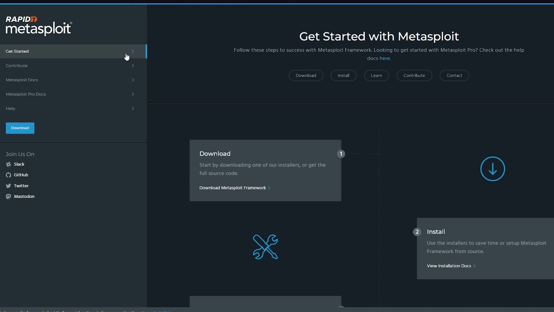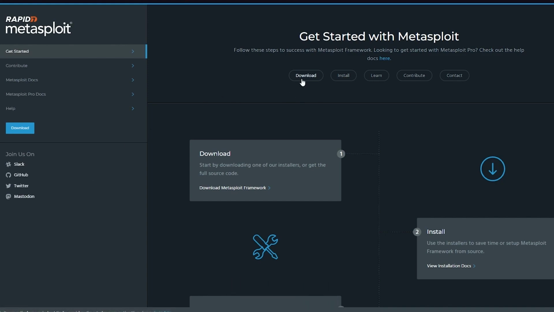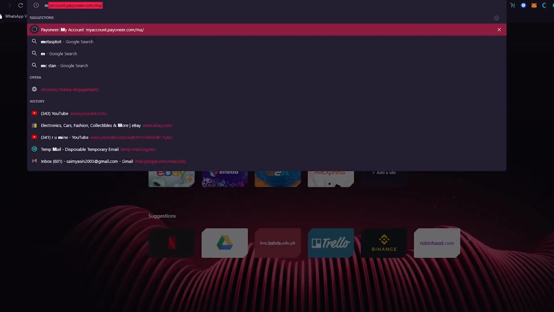Now, obviously, to get into great detail, there are different Metasploit modules because it revolves around Python. So you are going to need to know how Python works and what the basics of Python are. For that, you can go on Slack, GitHub, Twitter, or their Mastodon, because over there they have forums and channels where more people in the Metasploit community are. So all you need to do is go there and discuss with them how to start up,